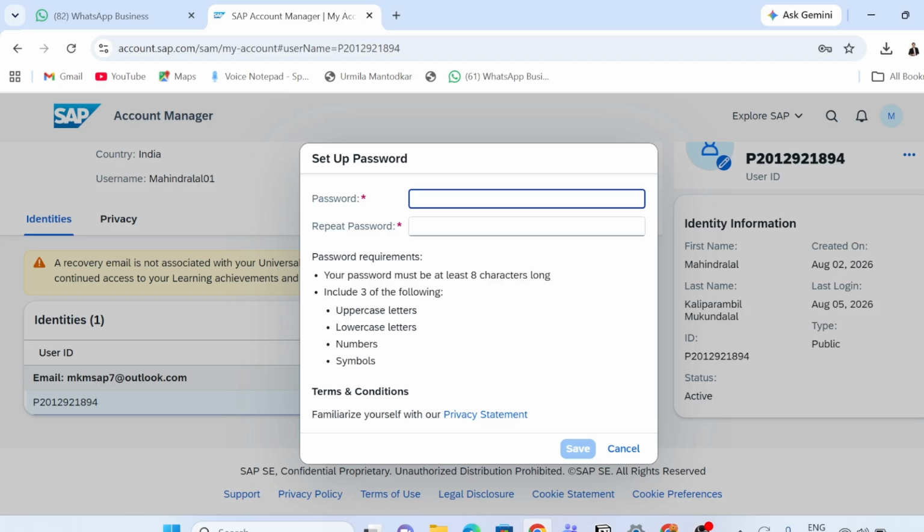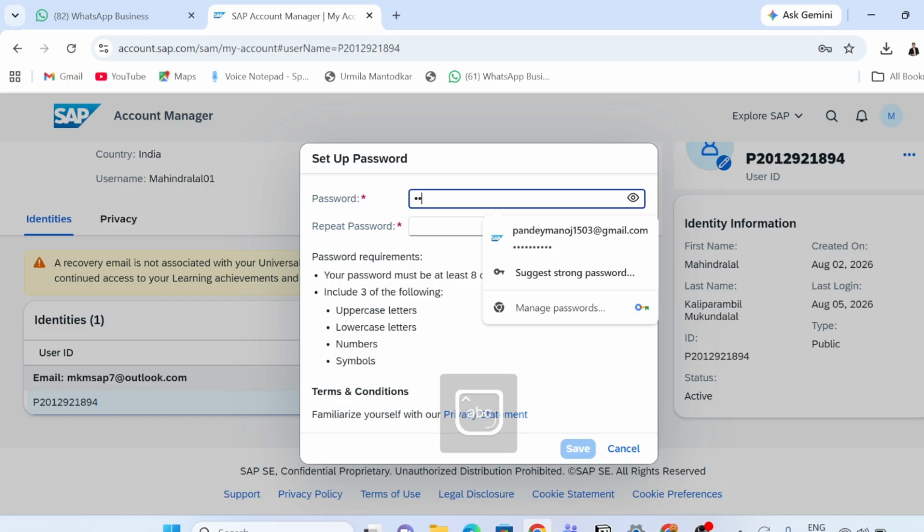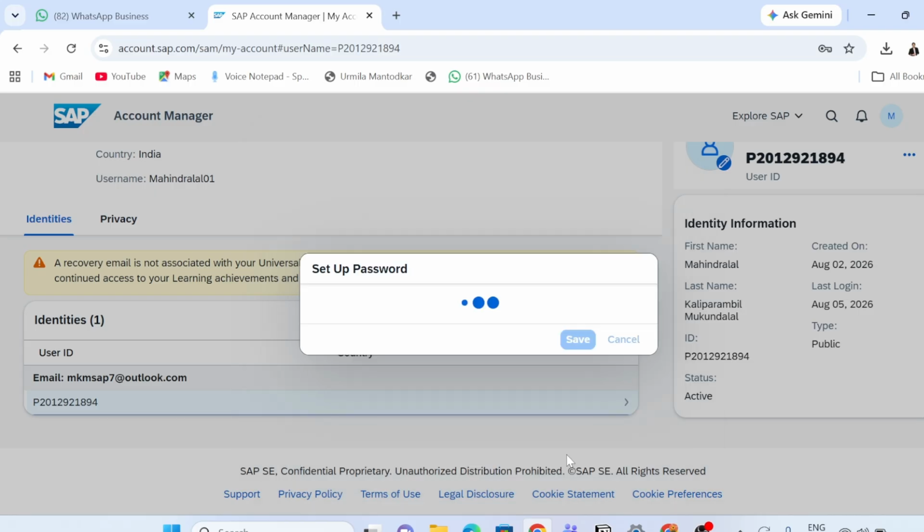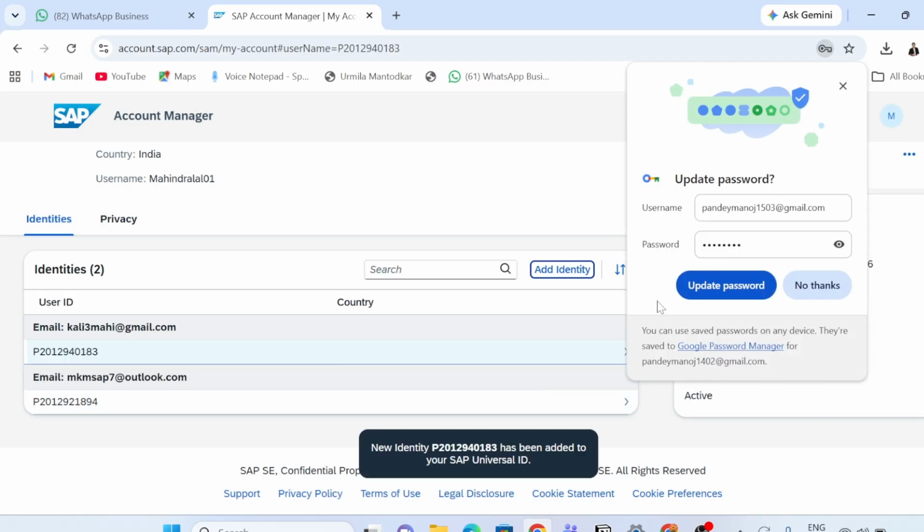Whatever password is there, we are going to set it here. So just a while. So this is done.